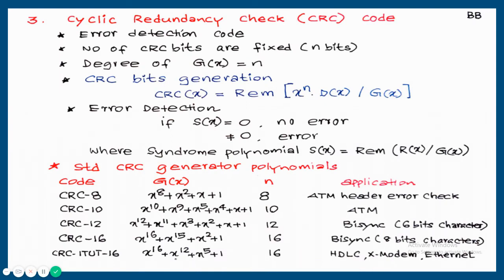Third topic is cyclic redundancy check code, CRC code. CRC code is also like cyclic code, but the difference is CRC codes are never used for error correction. CRC code is used only for error detection. And the name of the error control system is ARQ, Automatic Retransmission Query. In ARQ system, receiver is never doing error correction. Receiver is doing only error detection.